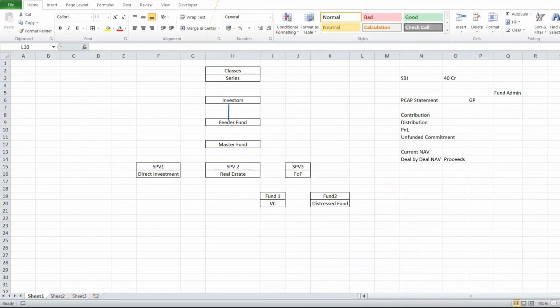Investor, feeder, and here we are going to invest. So this is our investment. Now if I talk about SPV3, don't think of any other right now. Just think this is what